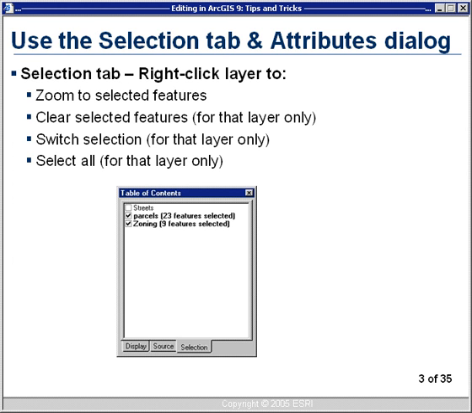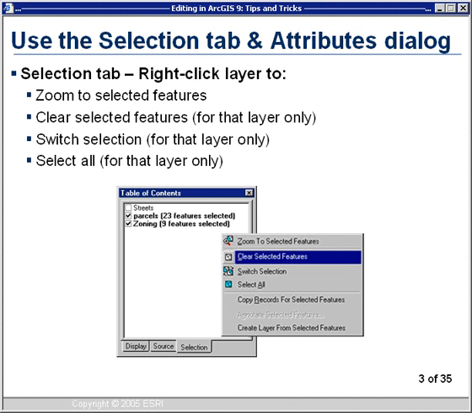The solution to such a problem is to use the Selection tab in our table of contents. The Selection tab, added recently to our table of contents, allows you to see which layers you're currently selecting from, and in fact to see how many features are being selected from each layer. Notice I have parcels, 23 features selected from that layer, and 9 features selected from the zoning layer. So the Table of Contents Selection tab is a very useful way for you to figure out whom you're selecting